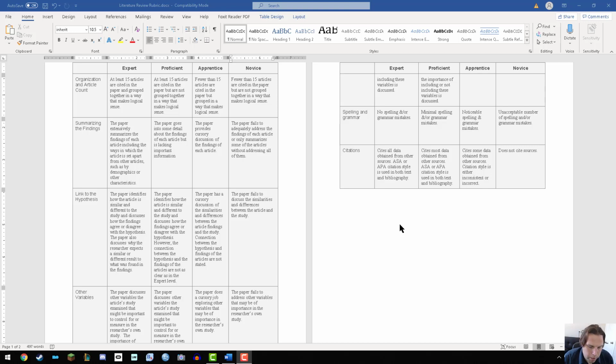What you're going to want to do is you're going to want to get as many articles as you possibly can, and then begin first and foremost by organizing them together by relevant topic. So, if your research study is relatively straightforward, like the relationship between sleep and GPA, maybe you're going to be listing a few articles that focus on sleep, maybe a few articles that focus on GPA. But the more complicated and the more complex your research studies tend to be, there might be more subdivisions that you're going to want to organize all of your literature reviews into, right? If you're doing something for an organization,